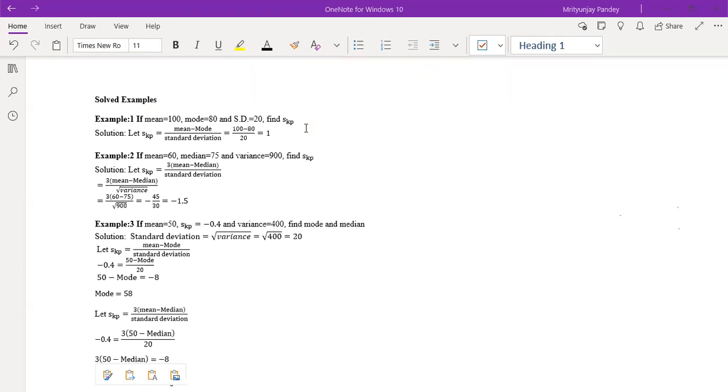Just use the formula. Now second question में आप देख रहे हैं मीन दिया और मीडियन दिया है और एसकेपी कैलकुलेट किया है। तो एसकेपी का दो फॉर्मूला मैंने आपको बताया था, एक मीन और मोड के टर्म में और एक मीन और मीडियन के टर्म में। तो यहाँ पे एग्जांपल 2 में मीन और मीडियन दिया है, तो हमने मीडियन वाला फॉर्मूला यूज करके कैलकुलेट कर दिया। उसी तरह से थर्ड क्वेश्चन में ऑलरेडी उन्होंने स्क्यूनेस दिया हुआ है एंड मोड कैलकुलेट करना है, तो फॉर्मूले में आप एसकेपी की जगह पे -0.4 सब्स्टिट्यूट कर लेंगे, मीन की जगह 50 सब्स्टिट्यूट कर लेंगे, मोड को एज इट इज छोड़ देंगे और बाद में पूरा सिंप्लीफाई करेंगे तो लास्ट में मोड का वैल्यू मिलेगा।